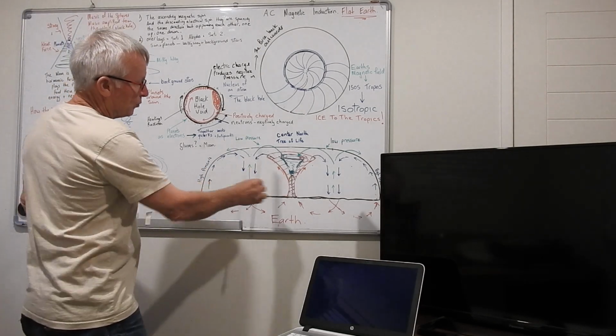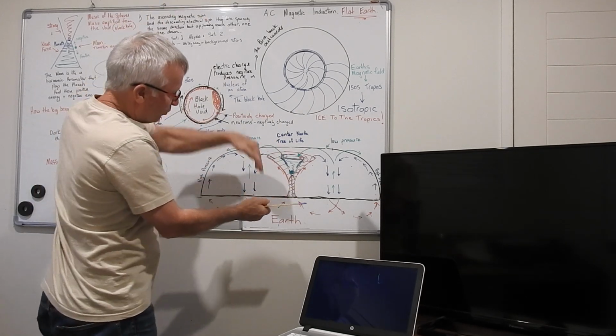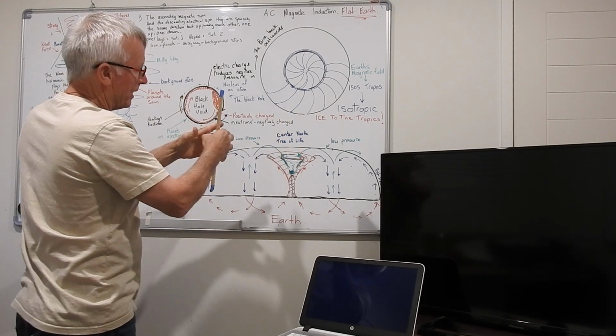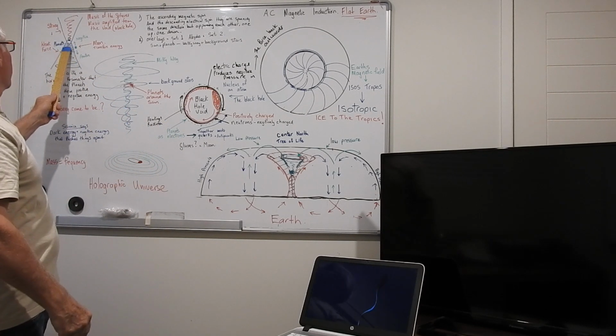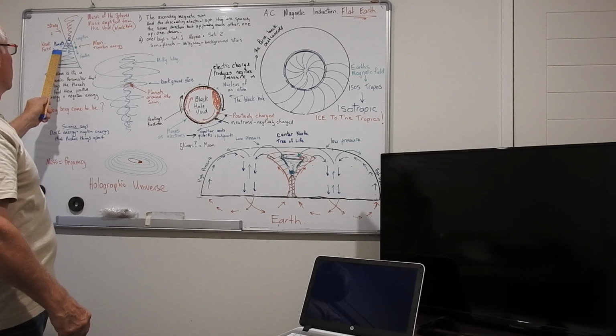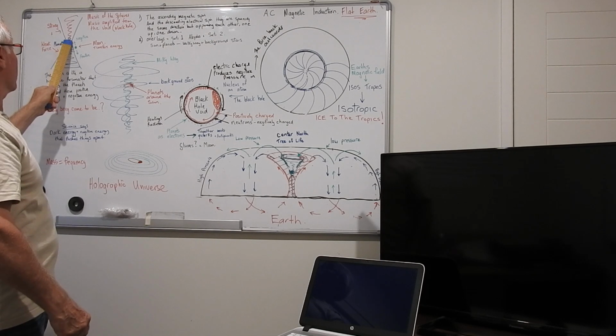So we've got this massive vortex, magnetic vortex, built up pressure, came the action, made the sun, blew out, at the same time created all the planets. And all the planets are up there around this area here, but I've drawn them down like this. They sort of sit in this triangular shape. You can imagine Saturn way up there and Mercury or Venus way back in here and closer to